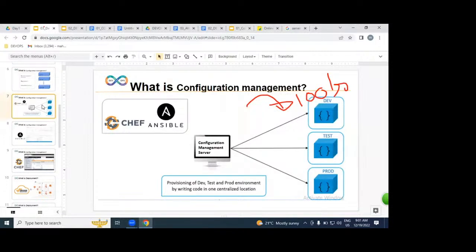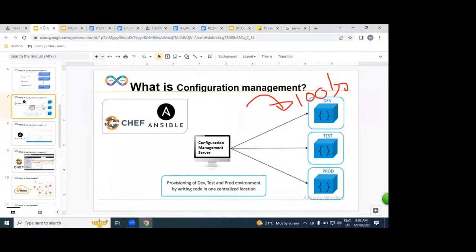I'll repeat this very important point. Getting servers from AWS. After getting servers, we are going to implement an automated process with the help of Chef and Ansible. That's very simple. Am I right? So we are going to deploy on AWS servers. By using Ansible and Chef, we are going to deploy our applications on hundreds of AWS servers. That is the point we're discussing from the start of the session.